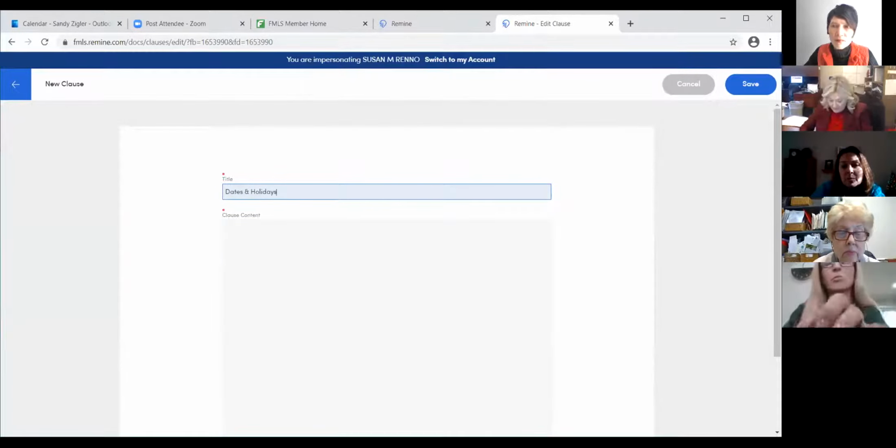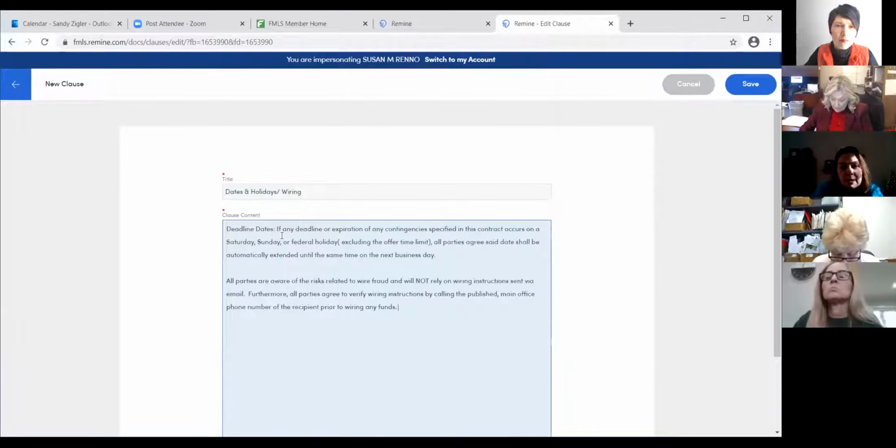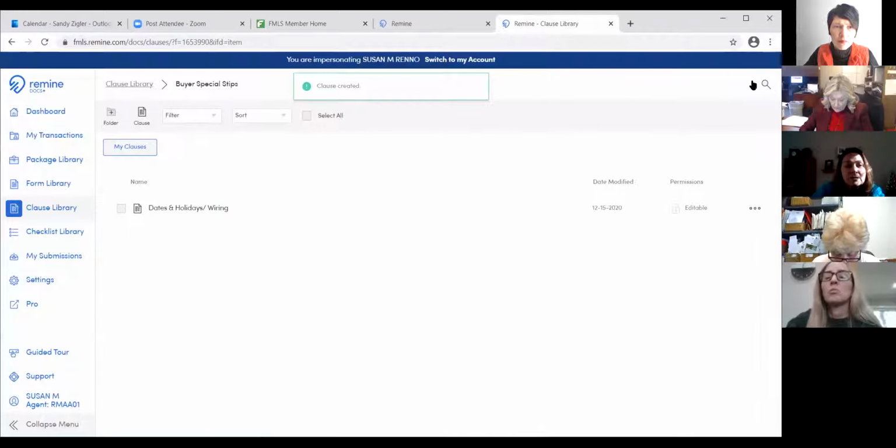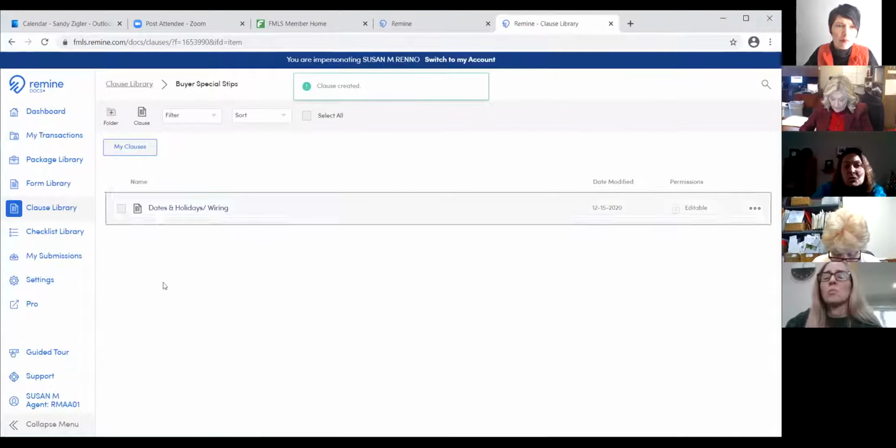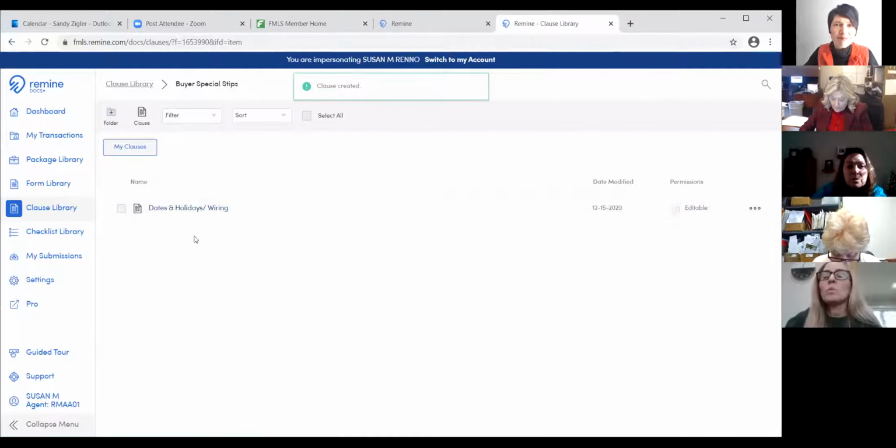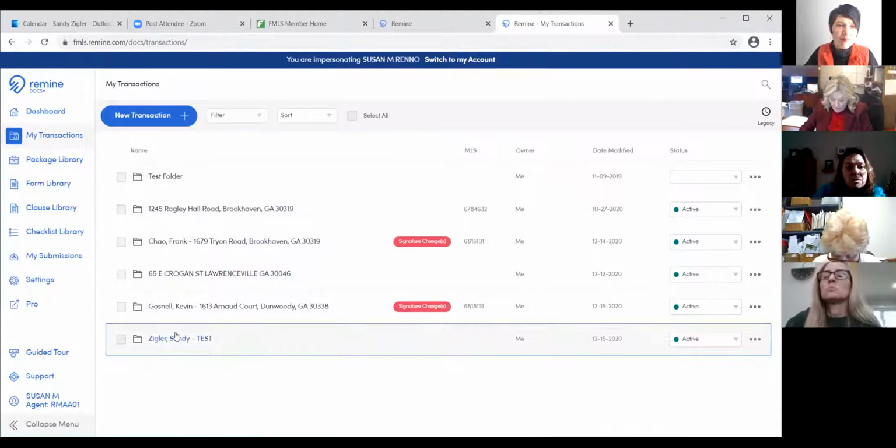So for example, I know that Susan has 2 that she typically likes to use in all of her contracts, and I had already pulled those out. So I'm going to drop them into the clause. I'm going to hit save. And again, this is just on a down day if you have time to go in and build out your clauses, because I'm going to show you what that looks like as you're working on